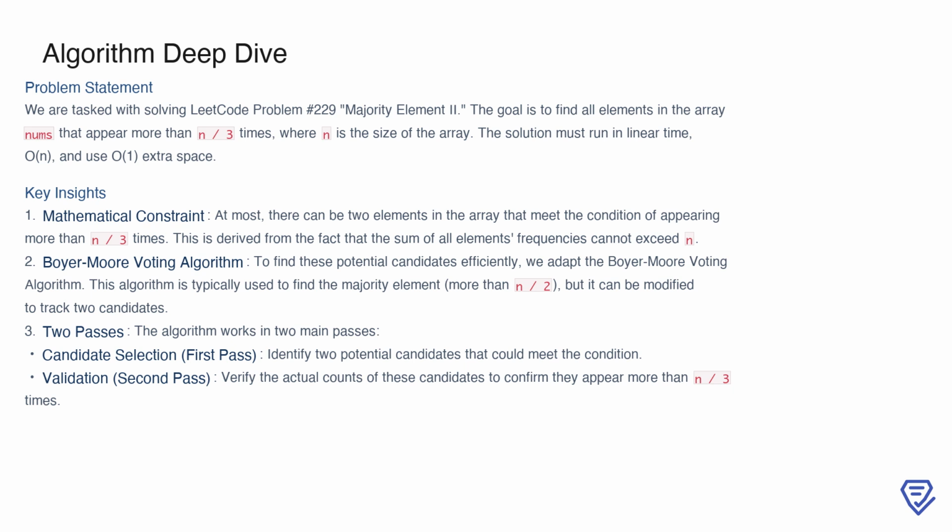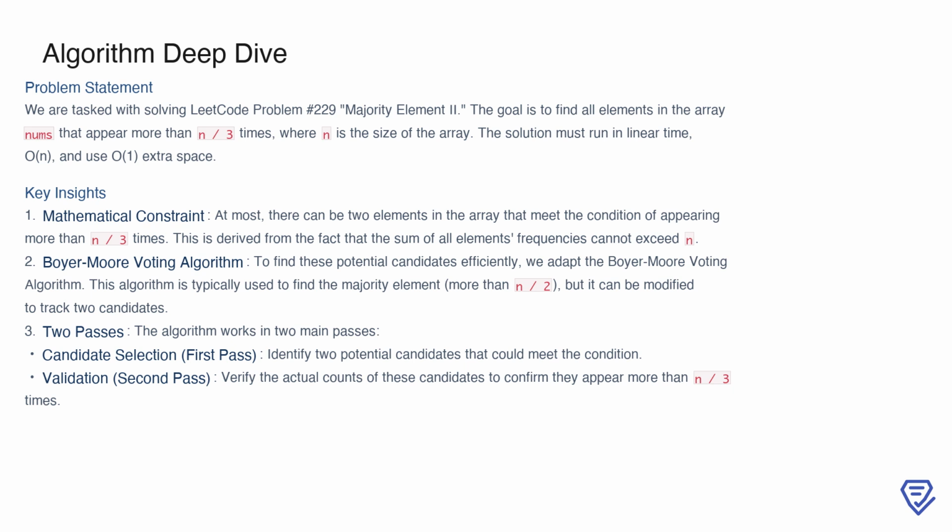First, because of the mathematical constraint, there can be at most 2 elements in the array that meet this condition. This is because if more than 2 elements each occurred more than n/3 times, their total frequency would exceed n. Second, we'll use a variation of the Boyer-Moore voting algorithm, which is typically used to find a single majority element, but with modifications, it can track 2 potential candidates. Finally, the algorithm works in 2 main stages. The first pass identifies 2 potential candidates, and the second pass validates their actual frequencies to confirm that they meet